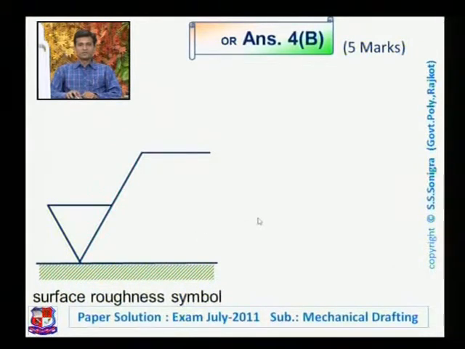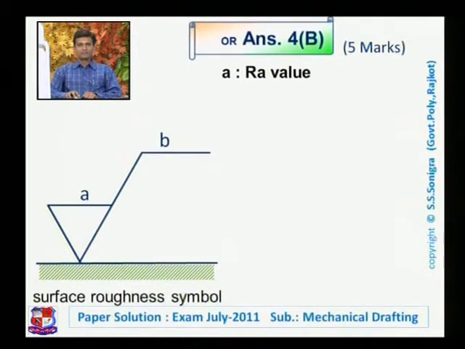This symbol is also the machining symbol. Both are alike because all information is drawn in this object. Here A is written. A means it's the Ra value, that is the roughness value in terms of microns. Suppose here 50 is written, it means that the surface roughness of this surface is 15 microns. Instead of A, any digit would be written that represents the value of surface roughness in terms of microns.